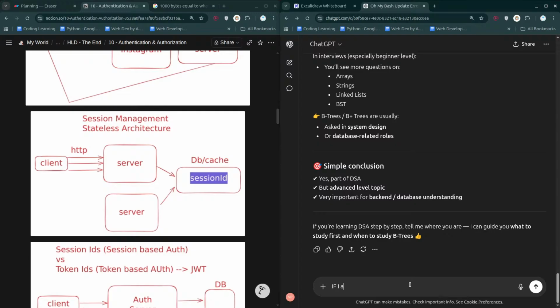If I am storing the auth or session data in a shared DB so that multiple servers can use the session info, is it stateless or stateful? I think it is still stateful, but let's see.